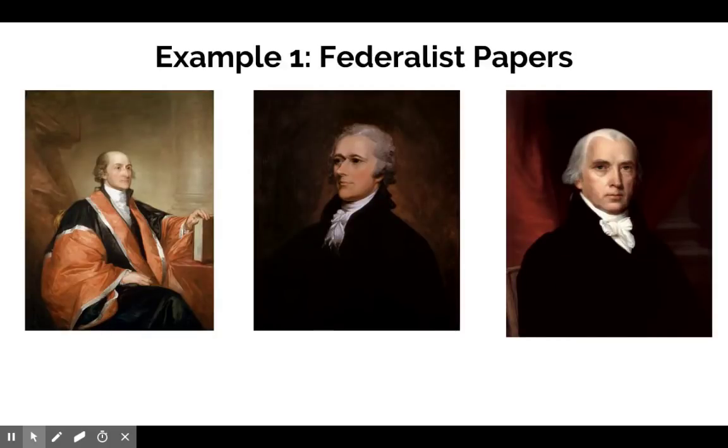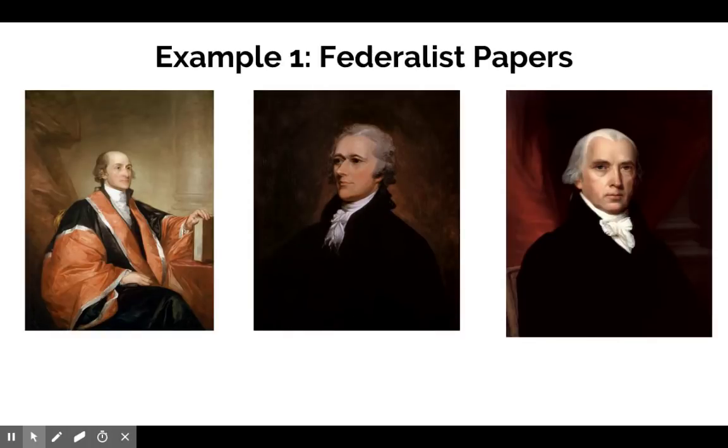The Federalist Papers, written by our Federalists, are 85 letters written to newspapers in the 1780s. These Federalists wanted to ratify the Constitution as is. They wanted every state to sign it, every state to join in. You needed 9 out of 13 states to ratify the Constitution, and the Federalists used the press to spread this